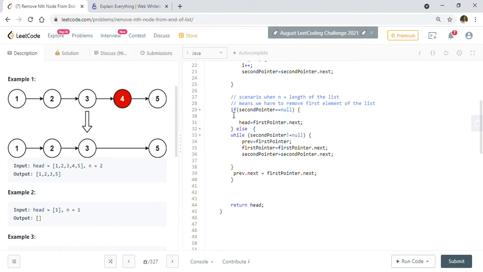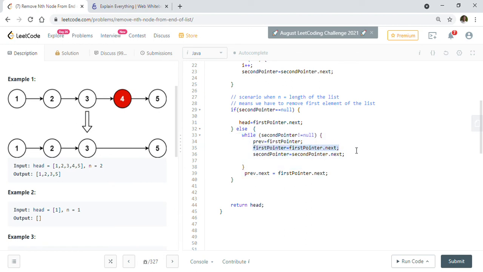Here I am handling a situation where n is the length of the list. If the list has, let's say, 5 elements, and they ask us to remove the fifth element from the end, that means they ask us to remove the first element of the list. To handle that scenario, I just point the head to the first pointer's next. Otherwise we will be moving both pointers simultaneously.